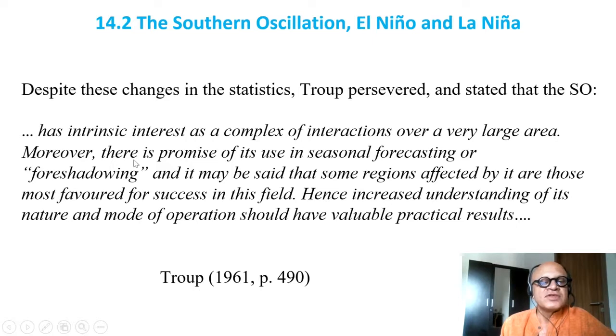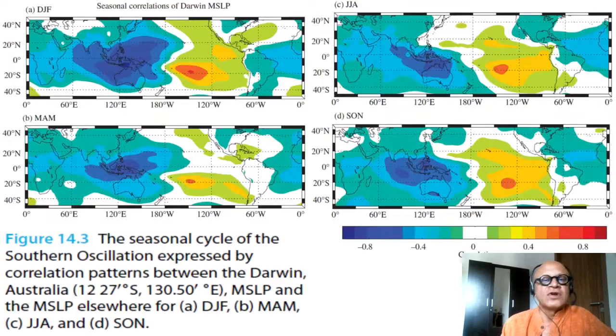And moreover, there is a premise of its use in seasonal forecasting or foreshadowing, and it may be said that some regions affected by it are those most favored for success in this field. Hence, increased understanding of its nature and mode of operation should have valuable practical results. This was almost a decade before Bjerknes came along and figured out that there is a positive feedback between the